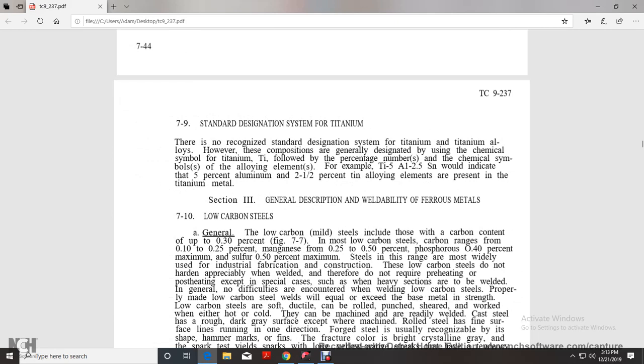Alright, there is no recognized standard designation system for titanium alloys. However, the composition is generally designated with the chemical symbol of titanium, Ti, followed by the percentage numbers and chemical symbols of the alloying elements. For example, Ti-5Al-2.5Sn would indicate 5% aluminum and 2.5% tin alloying elements present in the titanium metal. Section 3, general description, weldability of